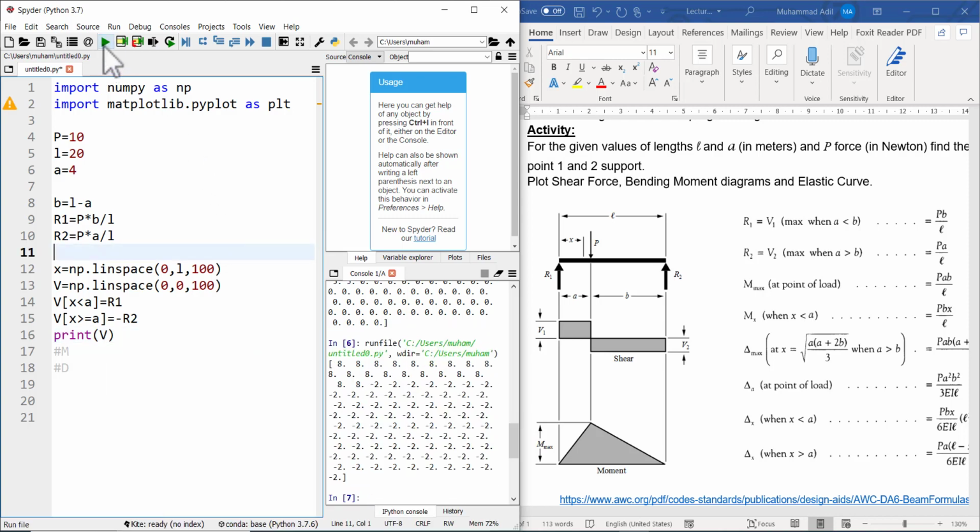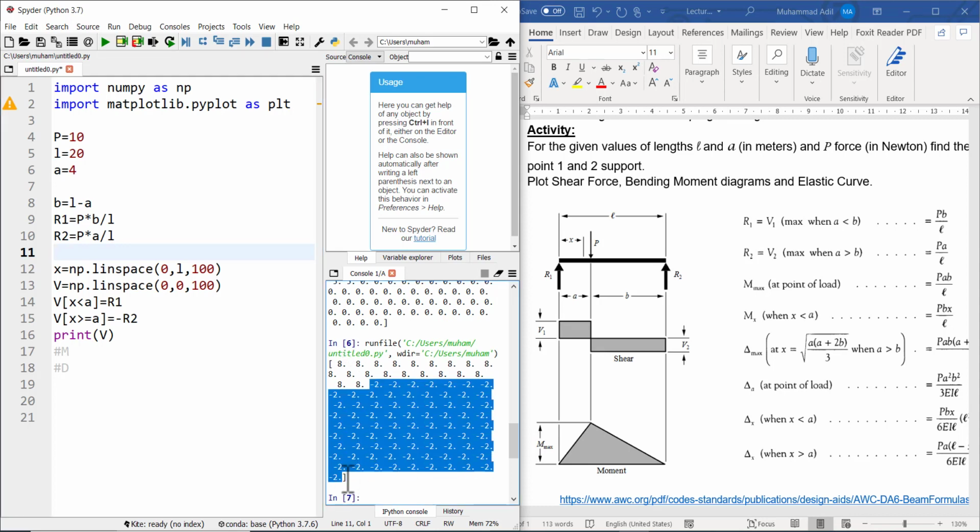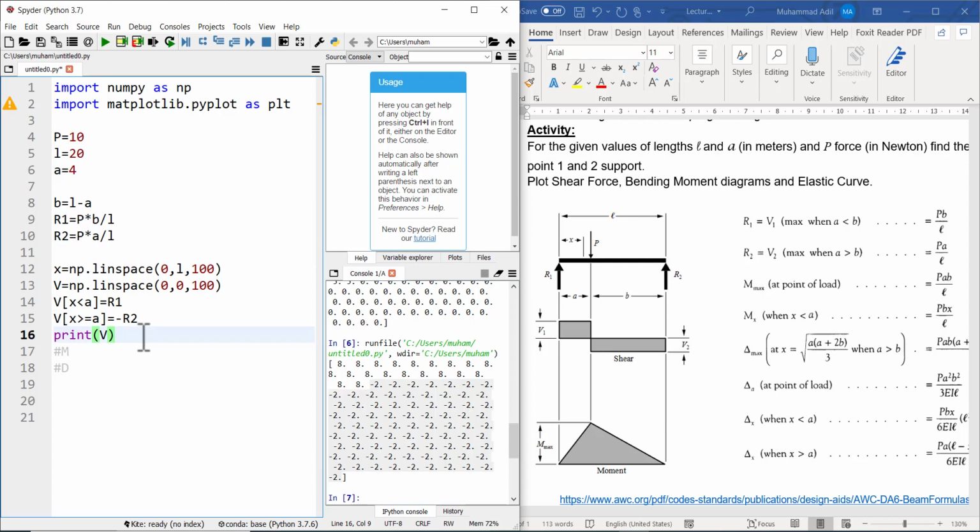and see the results. So now we can say all the way up to a, the value of shear force is positive 8, but after a, the value of shear force is minus 2. So we are working fine. So after this, now we can start working